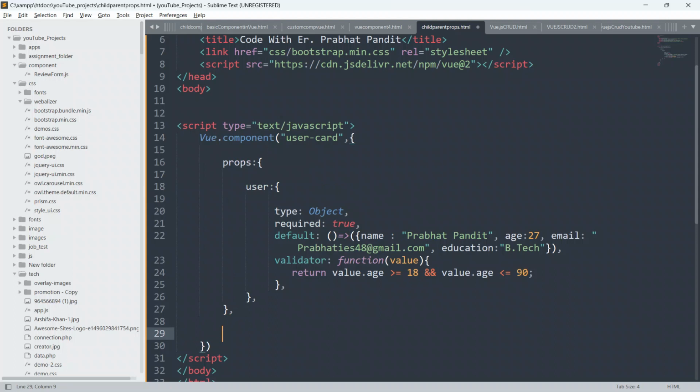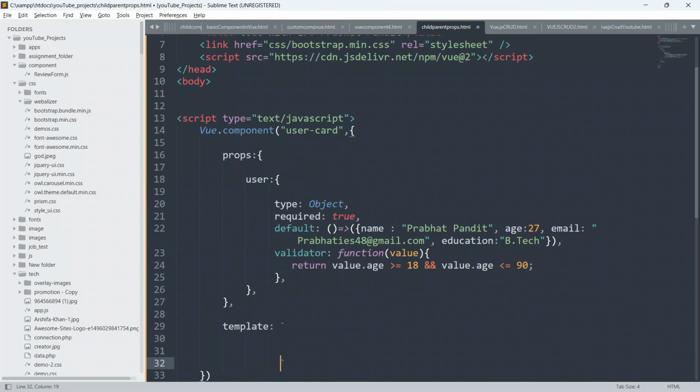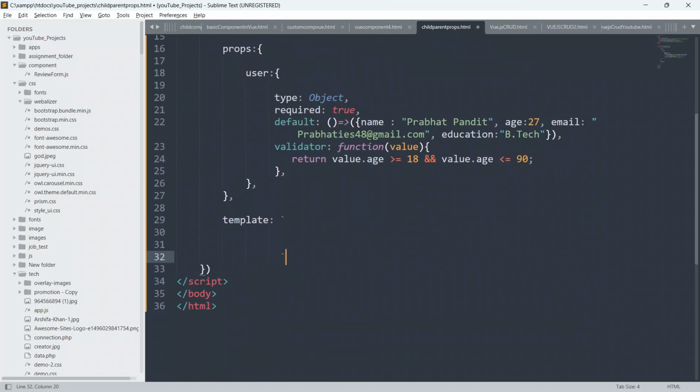So I will write template, colon, and give a backtick. Inside the template you are free to define your HTML code and your Vue.js code also.